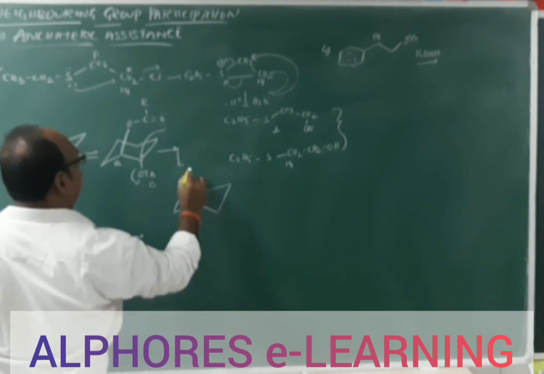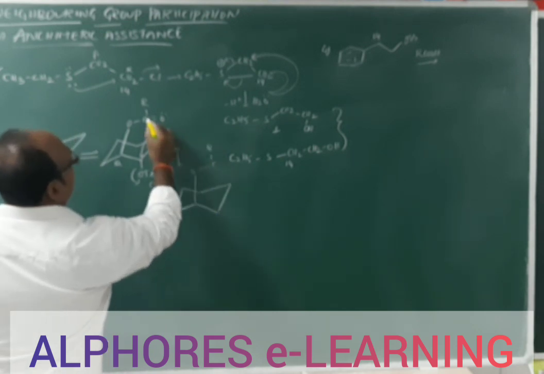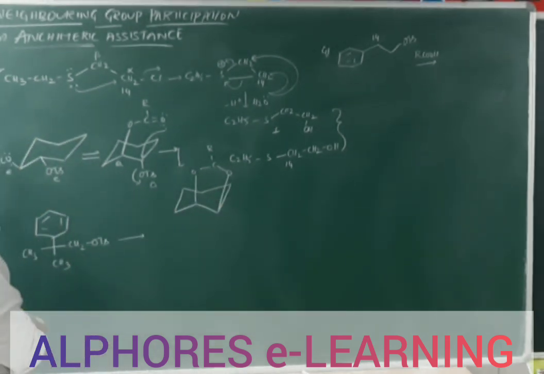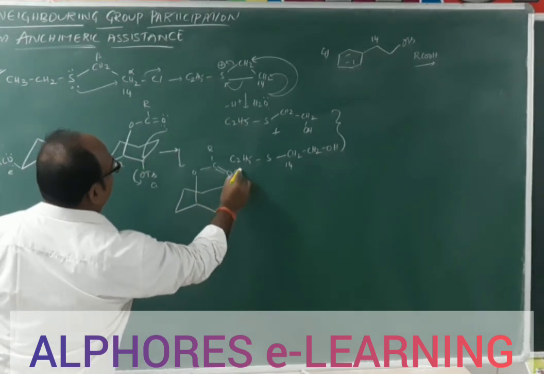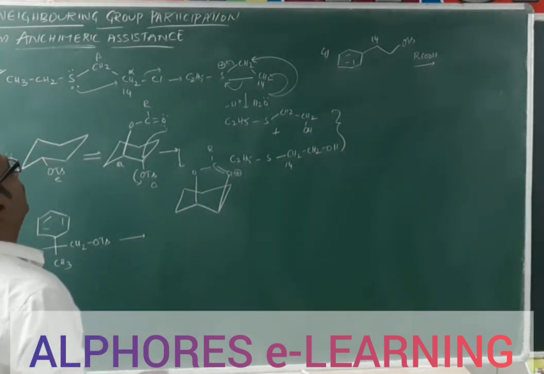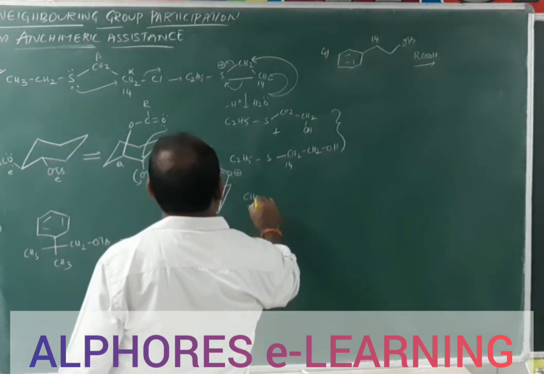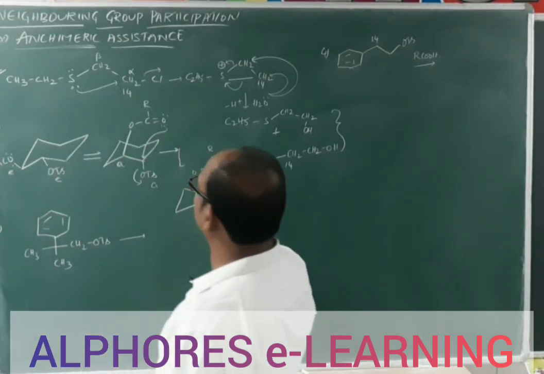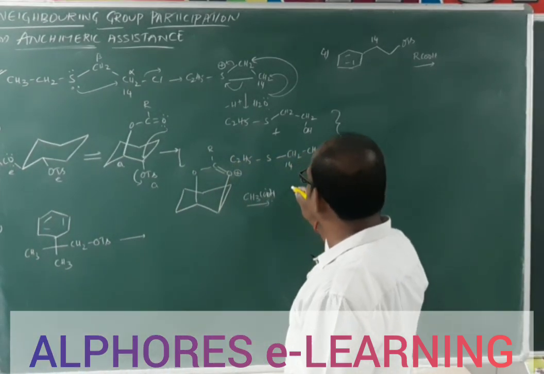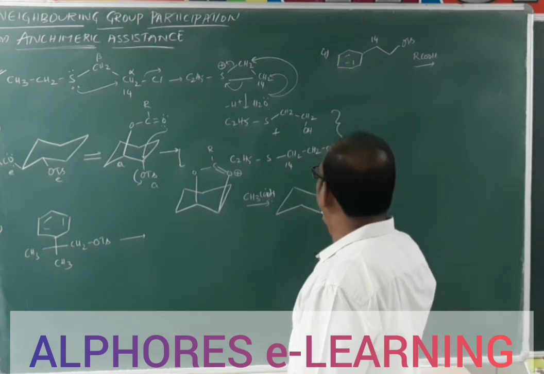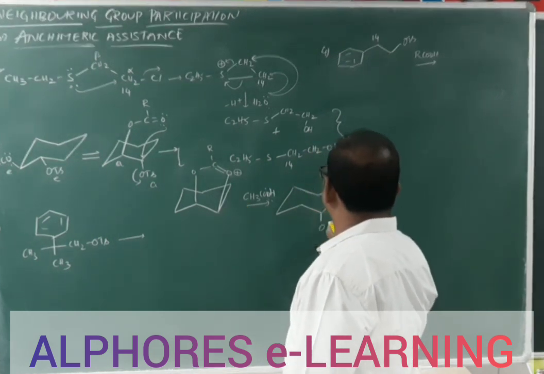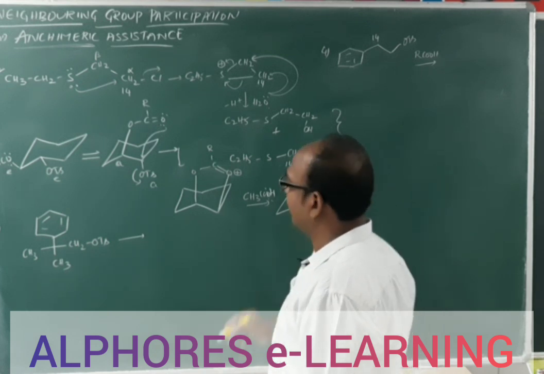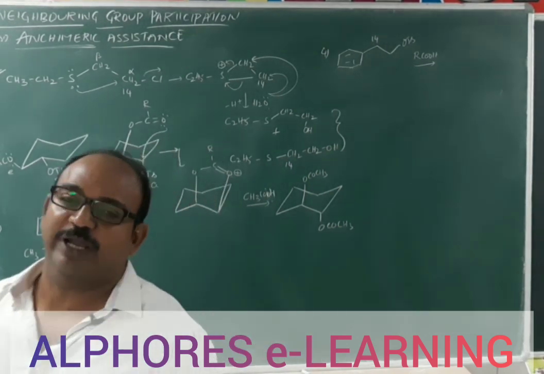So now this one is attached to O, C, R, and a bond formation between this oxygen and this carbon is there, and here this one bears a positive charge. Now this one, upon treatment with an acetic acid molecule CH3COOH, one of the oxygens again comes and attaches to this one, and as a result we get the product OCOCH3 and here OCOCH3. So what product are we going to get?